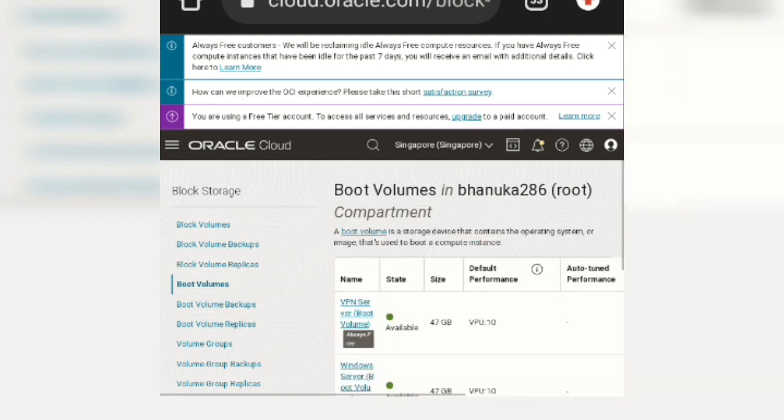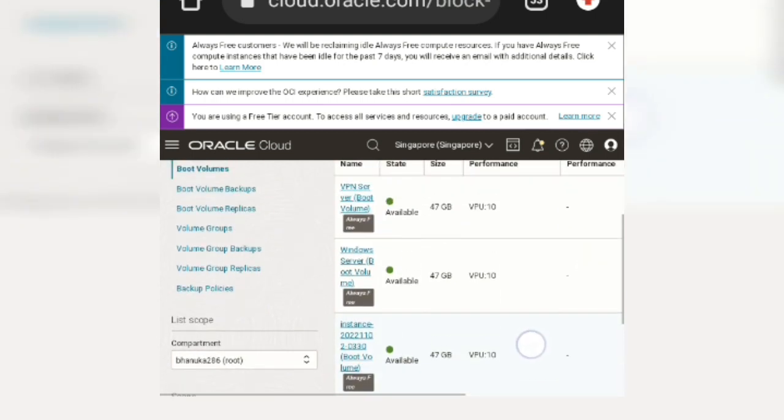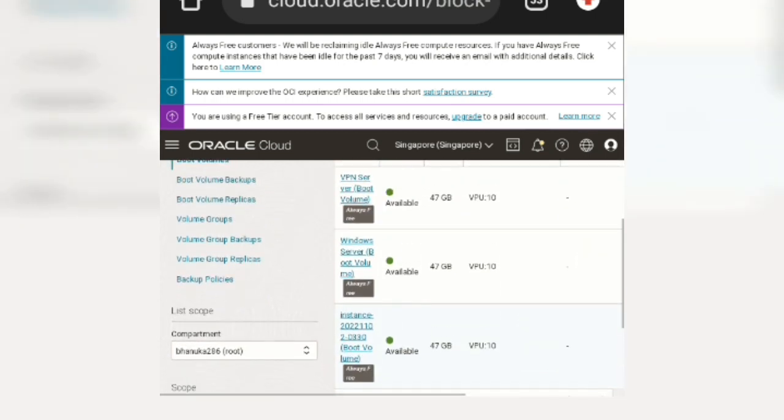You can see details of boot volumes here. When you create a VPS, a boot volume is automatically created. You can see my boot volume sizes are 47GB. It is the default boot volume size. If you want to create 4 boot volumes, you need to use the default boot volume size for each. 4 boot volumes are equal to 4 VPS.